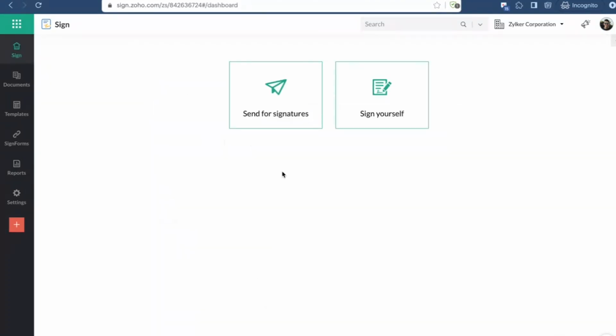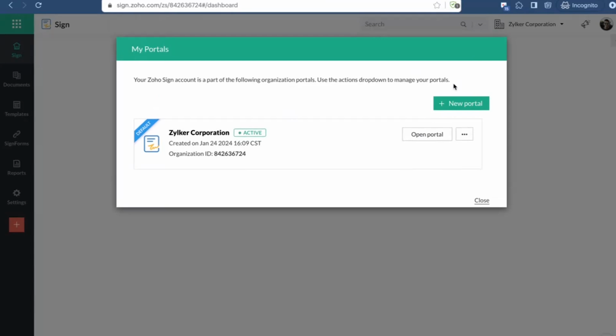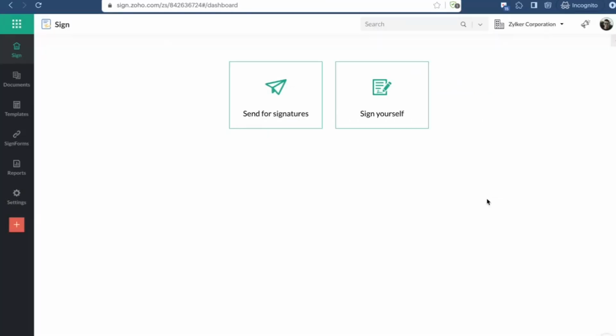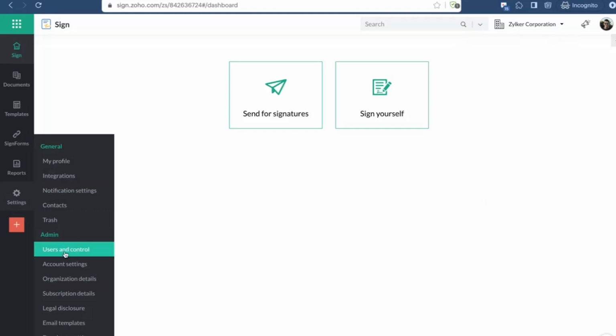But now, let's say you're a large organization, or you're an agency operating with multiple brokers. What you can do is you can, in fact, create multiple portals. That way, your data is completely separate across portals. But do keep in mind that each portal would require its own license or subscription. But if that is not something you're willing to do, you can at least have different users be added to